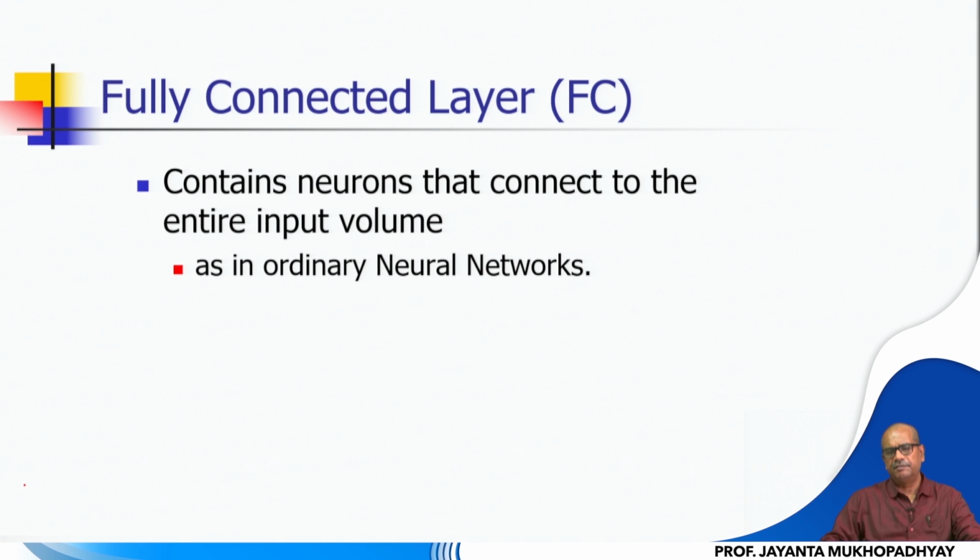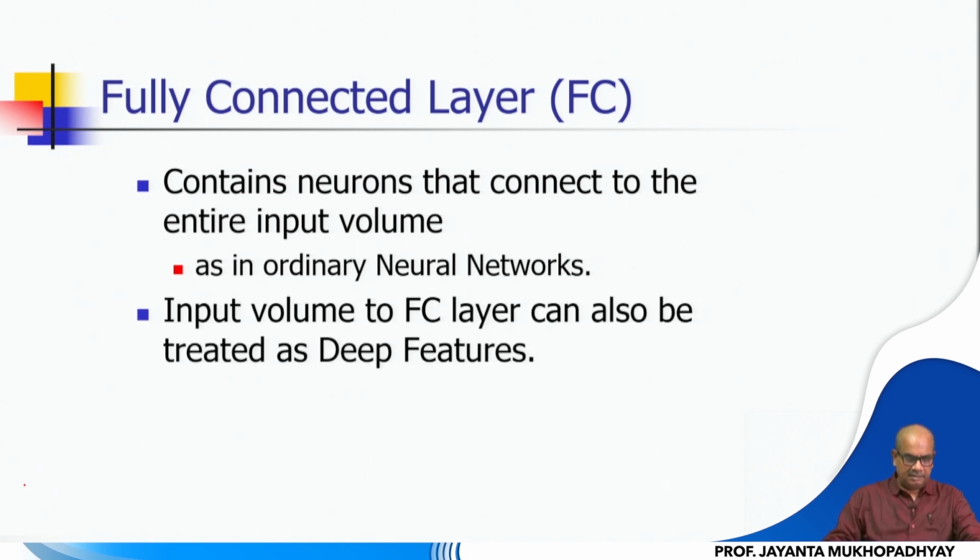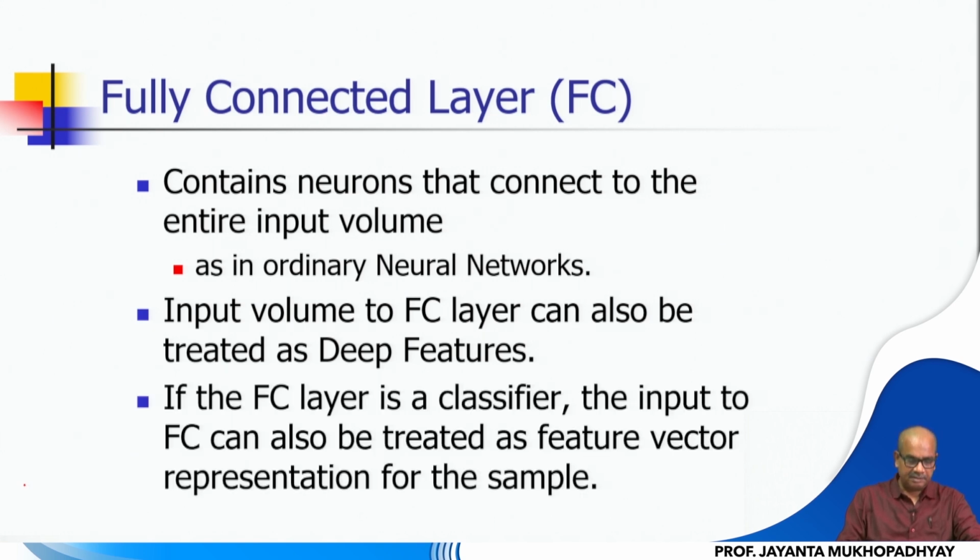So even if you get a two-dimensional or multi-dimensional array as the output from the feature extractor, it is rasterized, linearized, and converted into a single dimensional vector instead of two dimensions. So this input volume to the FC layer can also be treated as deep features, as I mentioned. And if the FC layer is a classifier, the input to the FC layer can also be treated as the feature vector